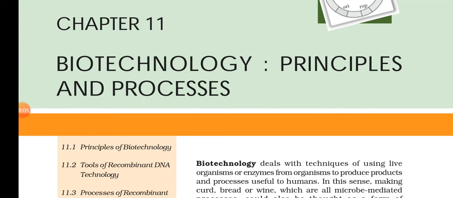So we were studying chapter 11, biotechnology principles and processes, and we were discussing mainly the processes in the previous video. In that we have already discussed how the DNA will be isolated from the plant cells, or from the fungal cells, or from bacterial cells, and after that we have to purify it by treating the DNA with various enzymes like proteases, lipases, RNases, etc. Okay, and after that it has to be cut with the restriction endonucleases so that we will get the small pieces of DNA.